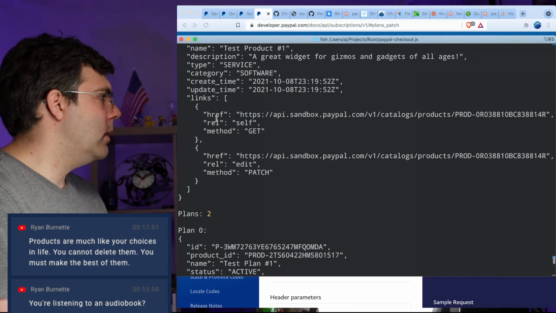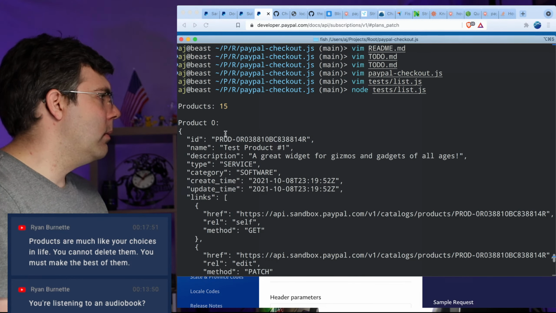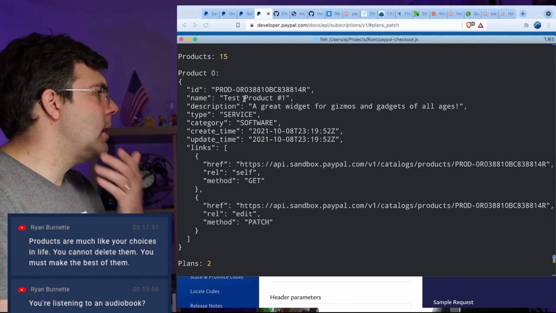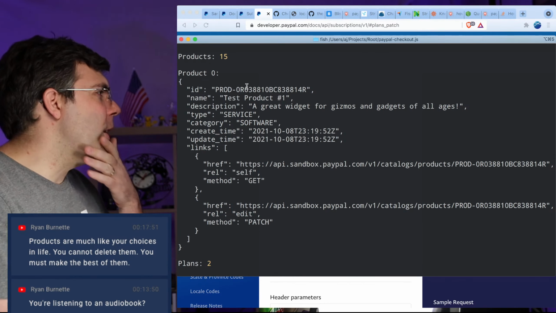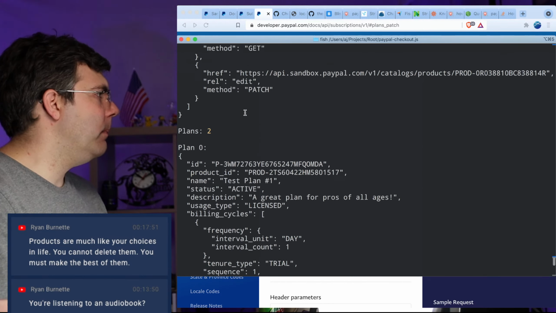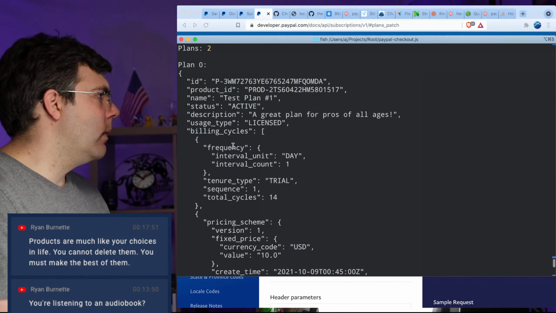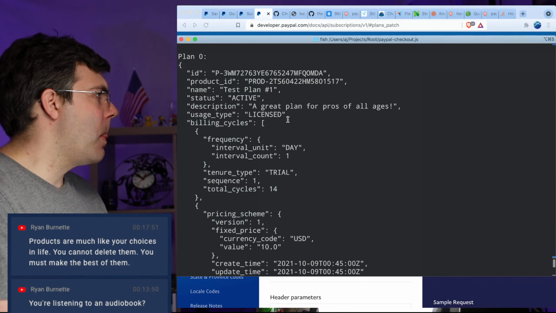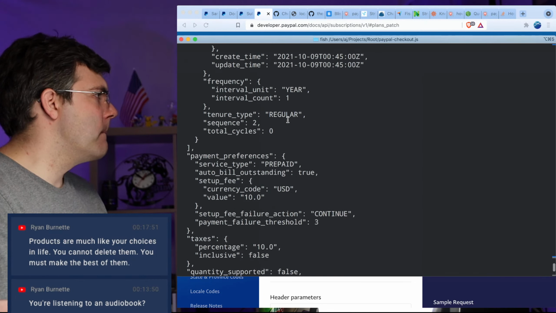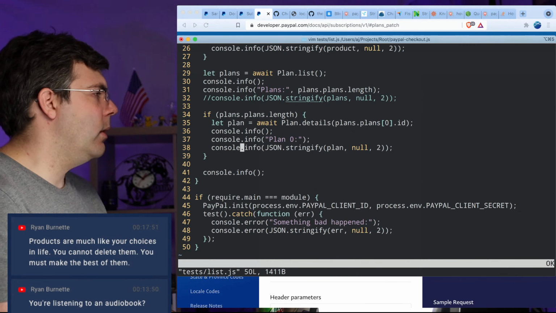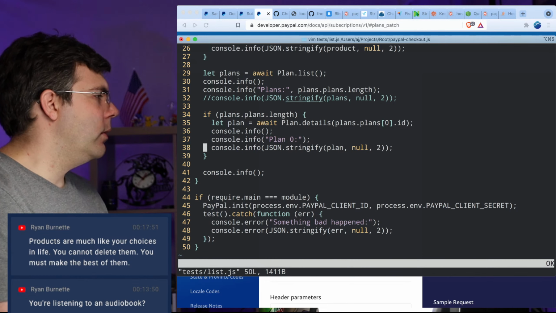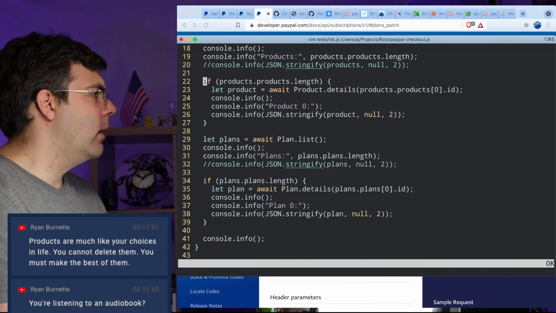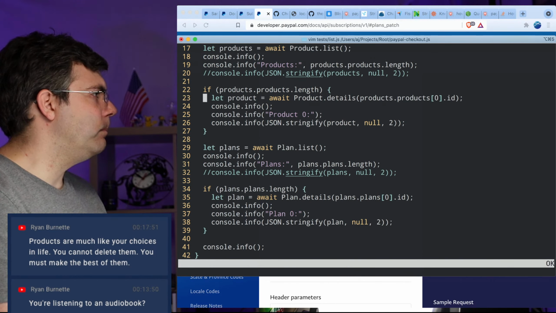Okay, plan 0's got a ton of stuff in there. Plans is 2. All right, and this is test product 1. So this will be great for testing the description update. Okay, great. Both of these are wonderful for trying the update too.